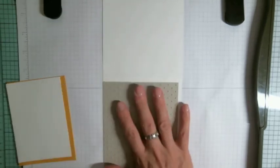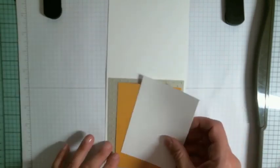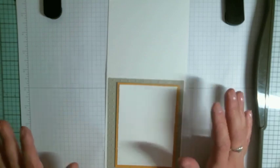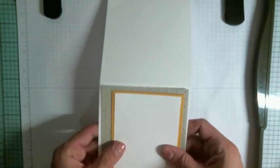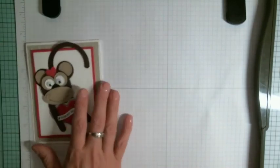And there you have it. Nice little polka dots. And then this will go on here like this. So now we're going to go ahead and start punching out all of our pieces for the monkey. I'll just keep this one right here so you guys can kind of see. So what you're going to need is, and I punched this one already,